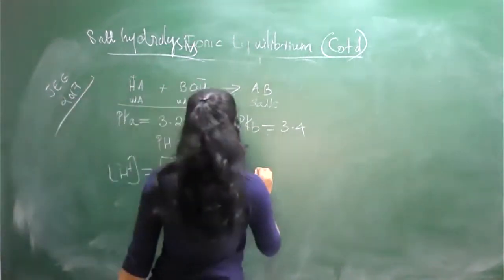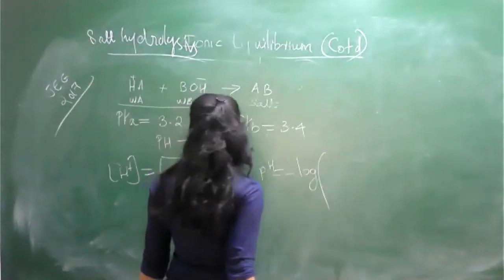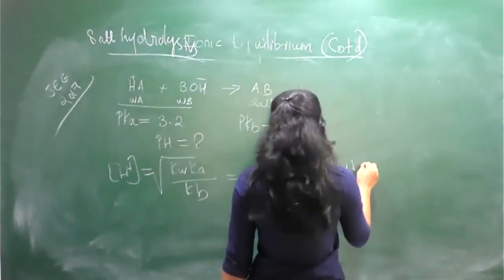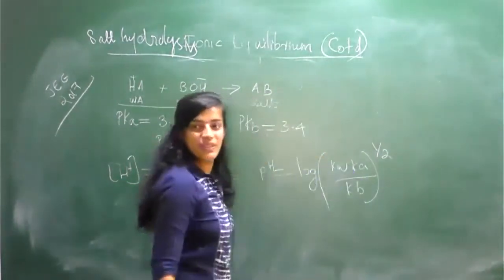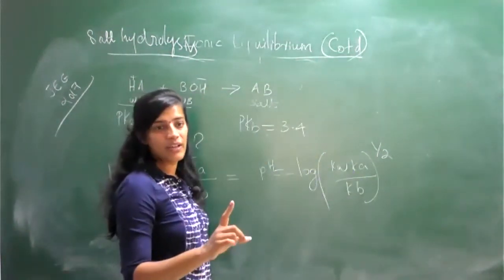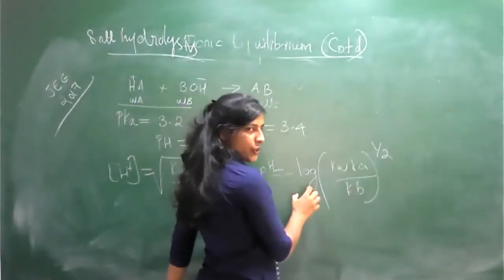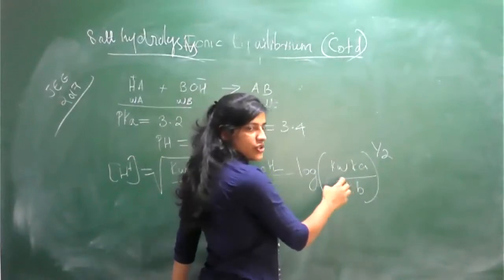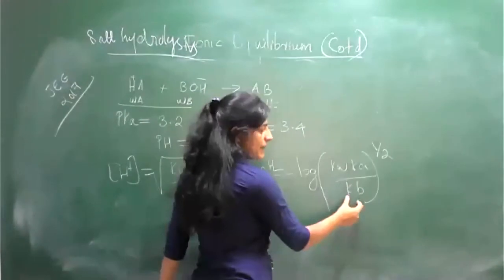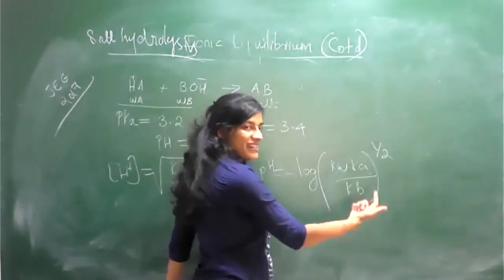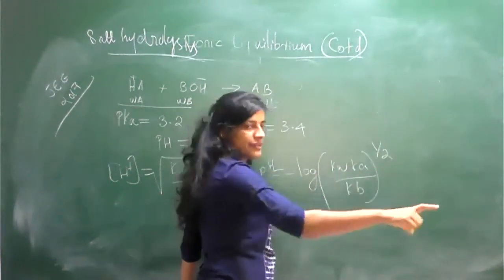Here, we can rewrite. pH is equal to minus log of (Kw Ka upon Kb) the whole raised to 1 by 2. You want to do the logarithmic conversion. Half into log AB now. So A into B, it will convert to A plus B. Similarly, A by B form, so A minus B form. So it will become upside with a negative sign. Do it.